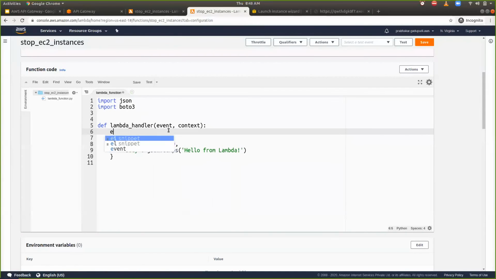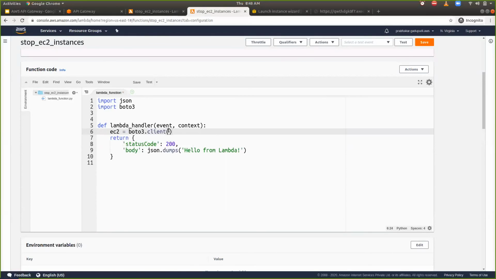Here I'm going to create one object, EC2, and for that I can say boto3.client. Earlier I used resource because I wanted to capture the information from that, and here I'm using a client.